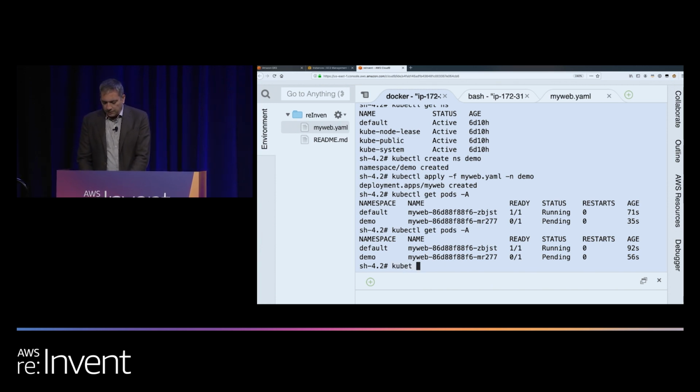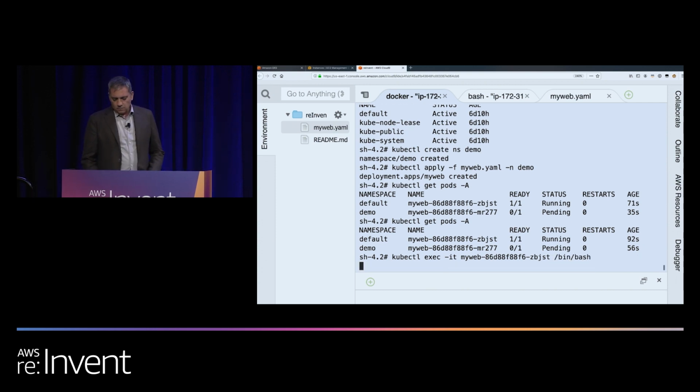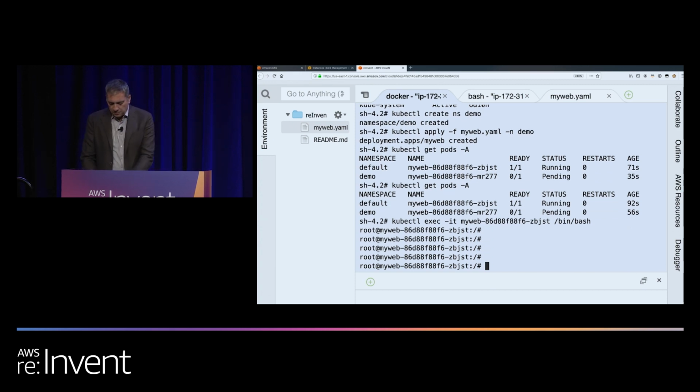So now that I have that pod up and running, I can do pretty much everything that I want to do with it. For example, I could exec into this pod. It's a regular Kubernetes pod.